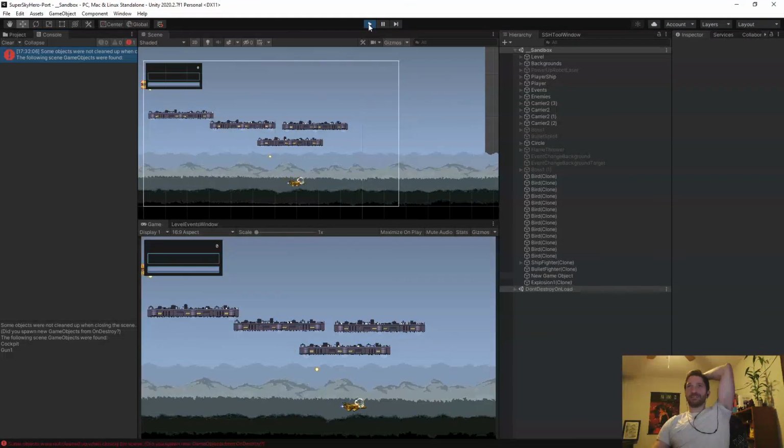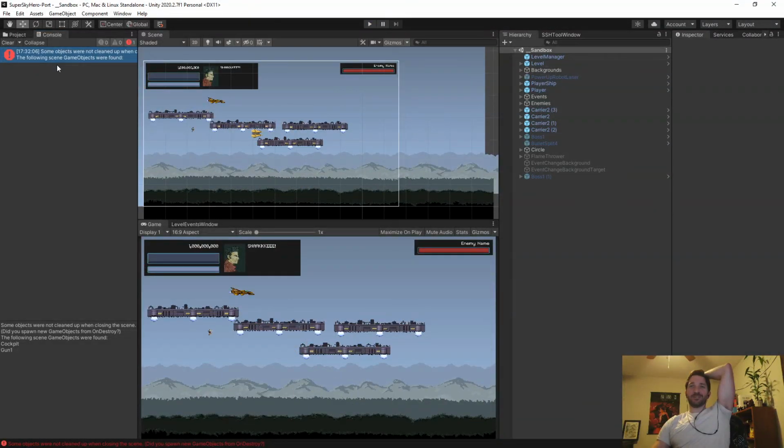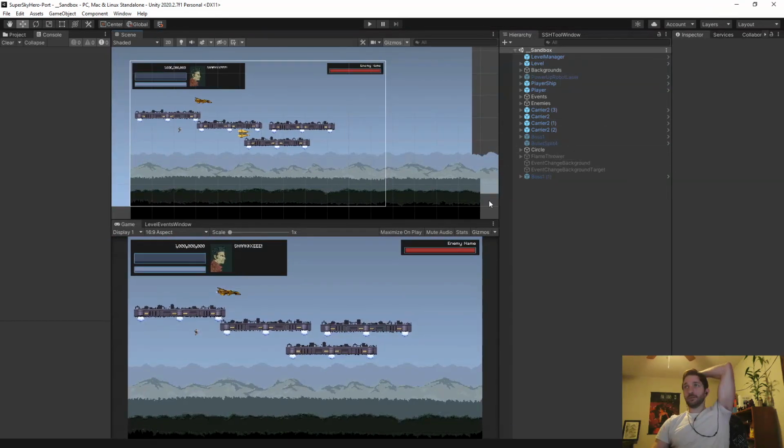Mayday is right. These error messages, man, I swear to God. Did you spawn new game objects from onDestroy? Oh my God. When closing the scene, so the scene was getting closed. I didn't spawn anything. Well,